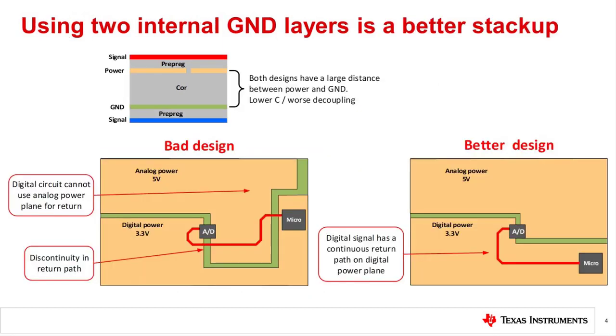This example shows how using a power layer as an adjacent signal layer can cause problems. This method can work, but you will need to be careful to avoid routing signals above splits in the power plane. In this example, power is split into a 3.3 volt digital plane and a 5 volt analog plane. The design on the left can create RF emissions because the digital signal is routed over splits in the return path. On the right, the layout was adjusted to keep a continuous digital power plane beneath the I/O lines. For this design, the return current will flow through the digital 3.3 volt power plane and not the ground plane.